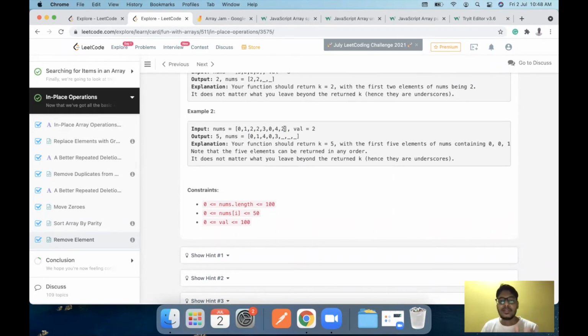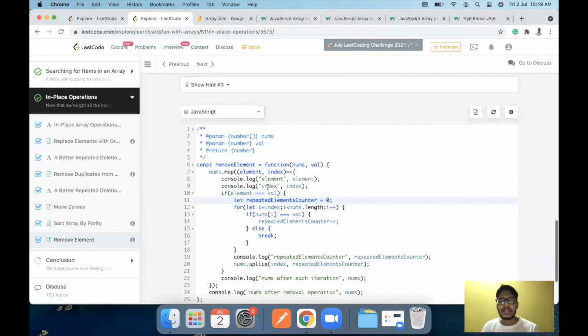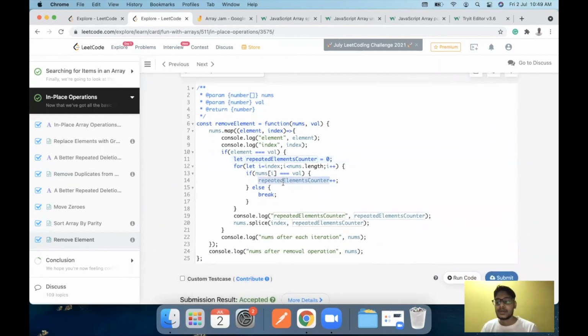But if we don't break the for loop after the repeated elements are found, even the last element will get considered and our splice operation will try to remove 3 elements, but the splice operation will run from the current index, which is why instead of removing the element at the end, it will remove 2, 2 and also the 3 value, because it found the element at the last index. It told us, hey, this is also an element which we can remove. That is why the counter was not working properly and the repeated elements counter was getting incremented incorrectly.